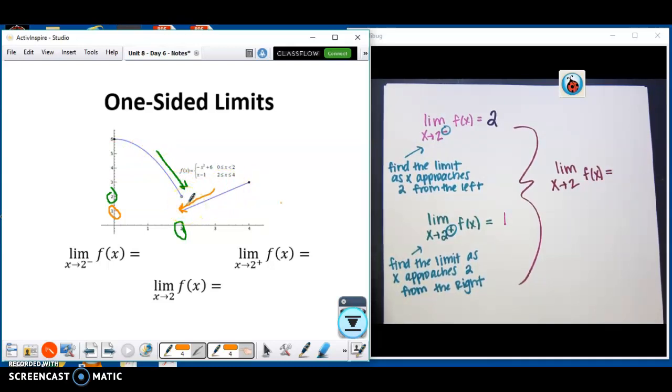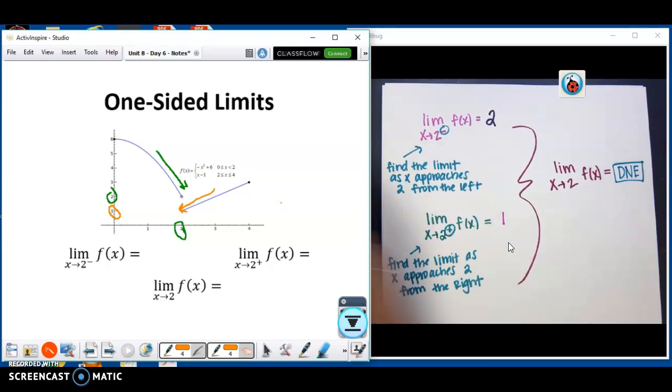Well, in order for the limit to exist, it has to approach the same number from both sides. Well, this does not give us the same number, okay, because there's a jump in the graph here. So that means this is going to be does not exist, so we can represent that by DNE. And so you'll have a reason. Let me